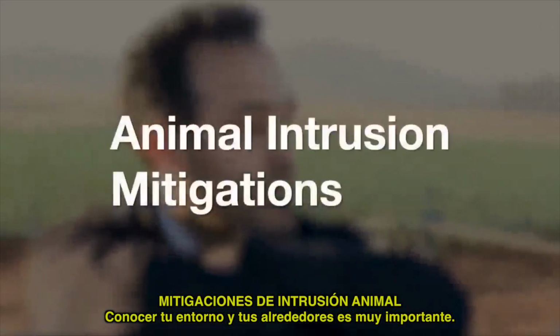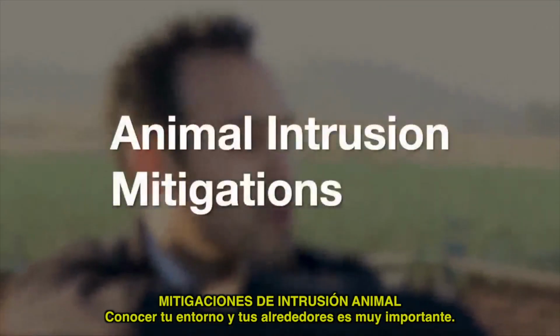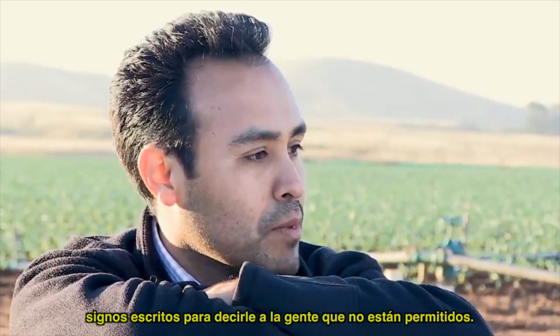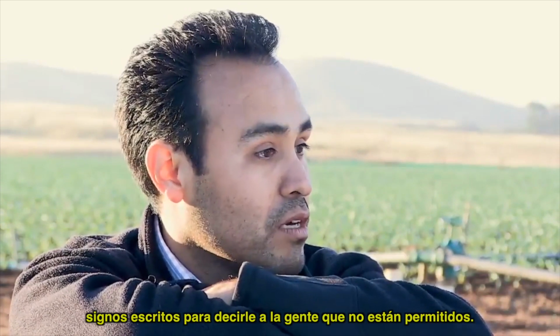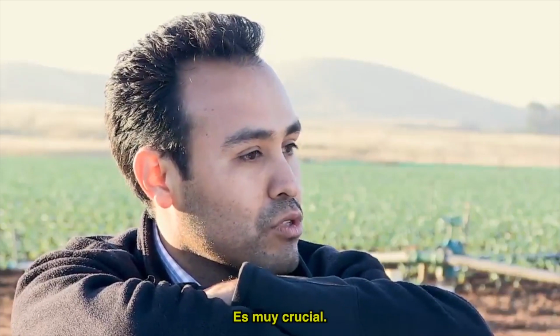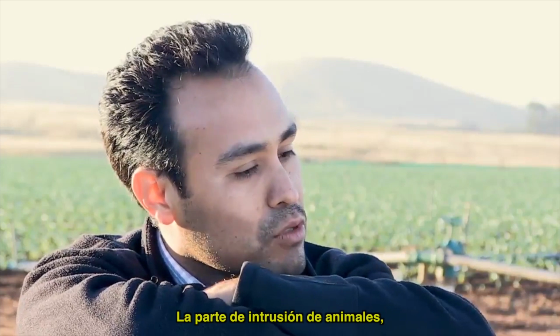Understanding your environment and your surroundings is very crucial. One of the things we do is think about, okay, what kind of mitigations can we implement? One being fencing, one being buffers, ditches. Those are the type of barriers that we always implement, the norms. Signs as well, written signs to tell people that they're not allowed, is very crucial. Like the animal intrusion part,